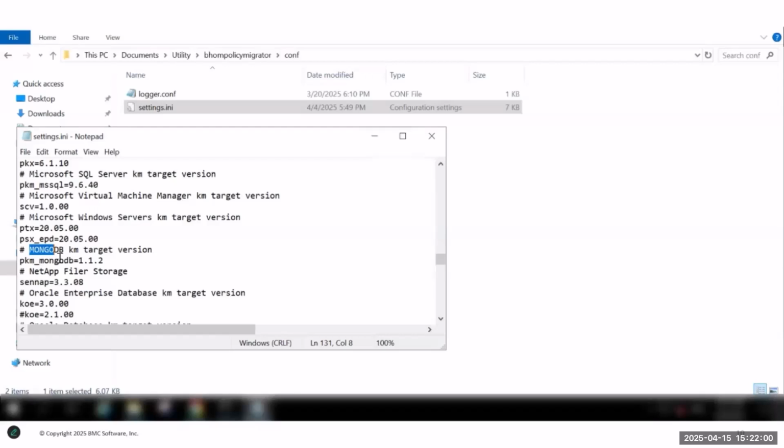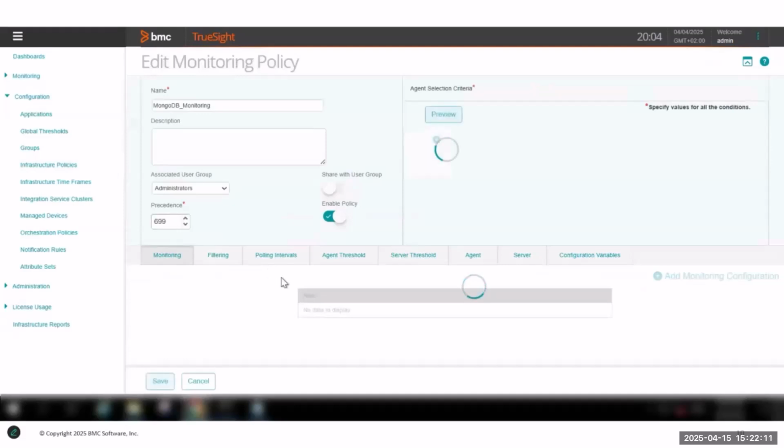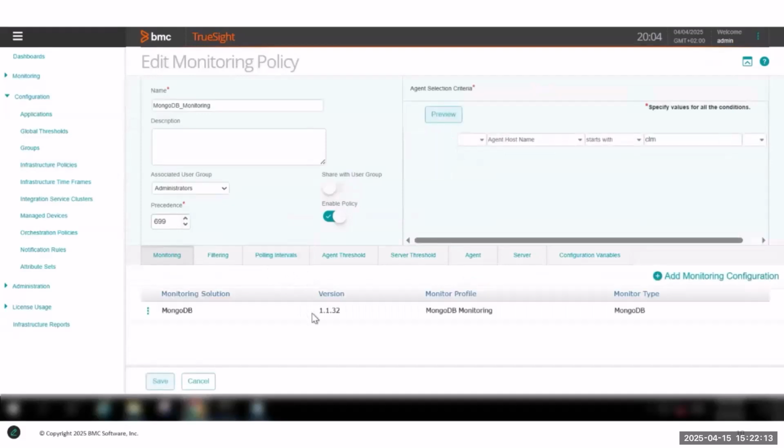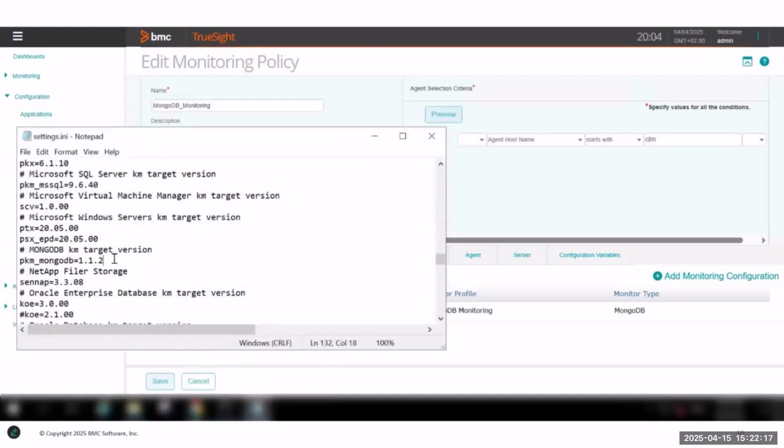We can see the version in the file is version 1.1.2. Now let's check what version was used while creating this policy. In TrueSight, when we edit the policy, we see the version is version 1.1.32, which is the latest version. Let's update the same in the settings.ini file and we will try to rerun the